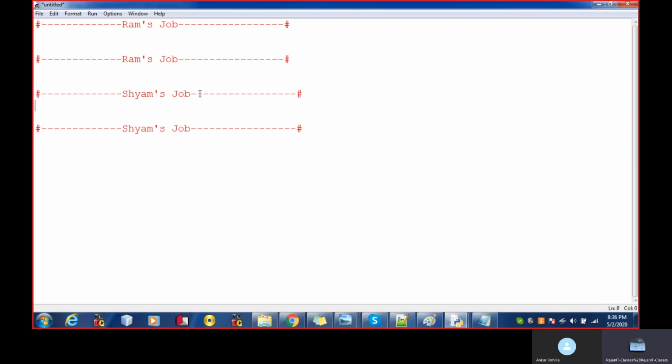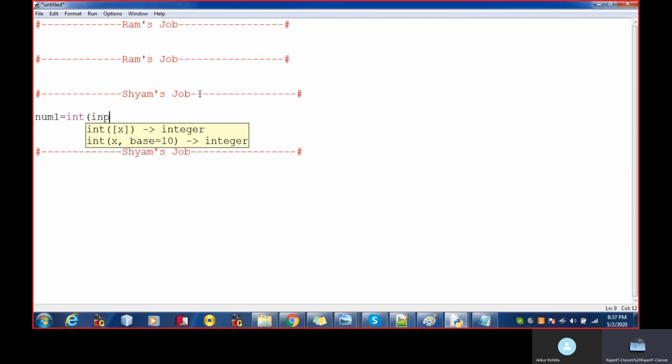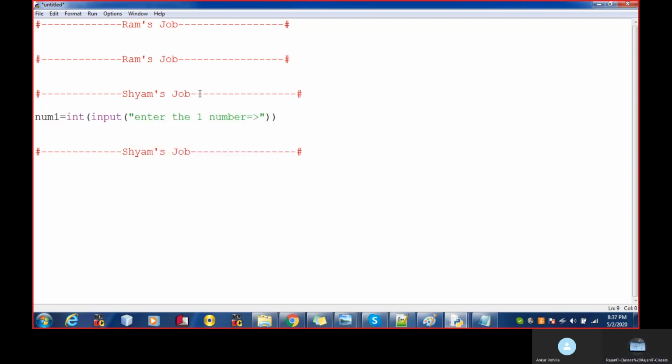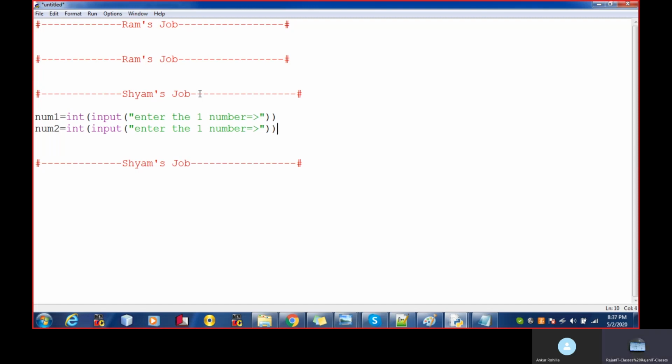So Sham wants to perform some task, and we are assuming that Sham is not able to perform these tasks. So he just knows how to input the number. So when you enter the number, it's num1. So int.